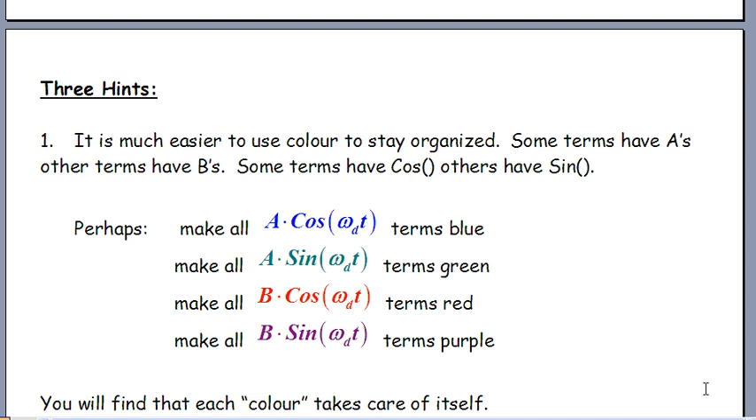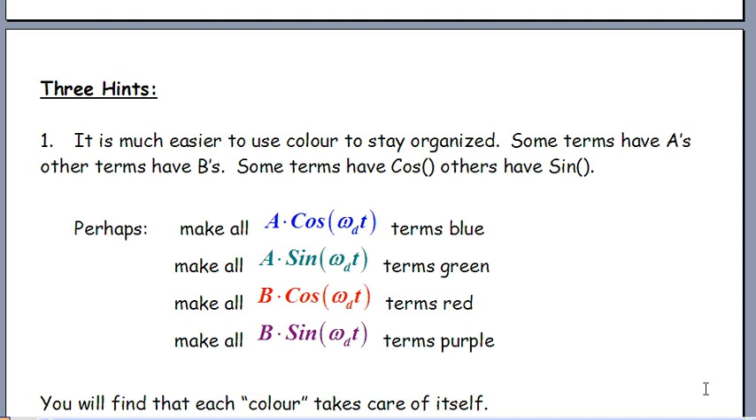So you're going to end up with 16 terms. Some of the terms have A's, capital A's, and some have capital B's. Some have cosines and some have sines. And I've seen a lot of success from students who try to get organized by grabbing some colored pens, and anytime they, for their proof part at the bottom, anytime they've got an A and a cosine, maybe they write